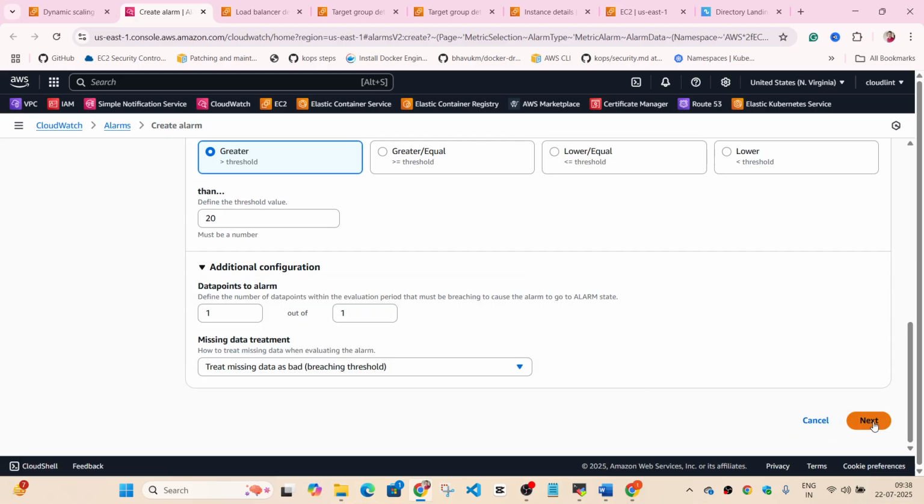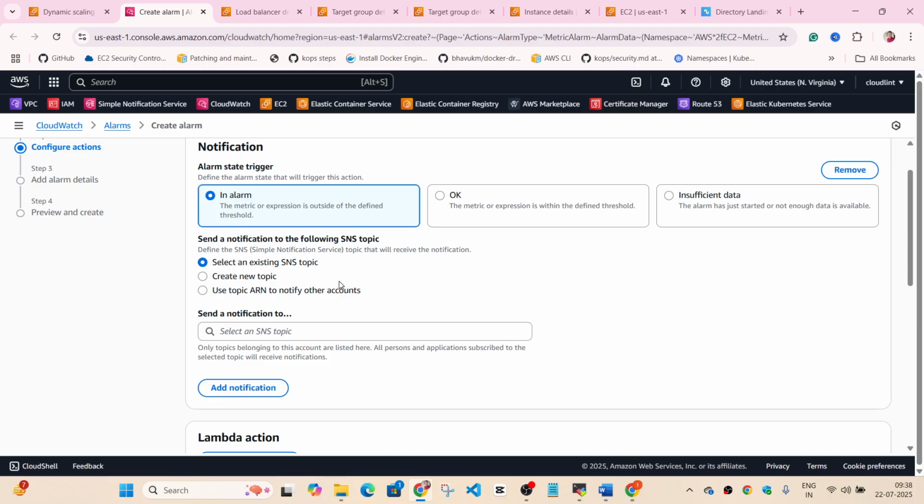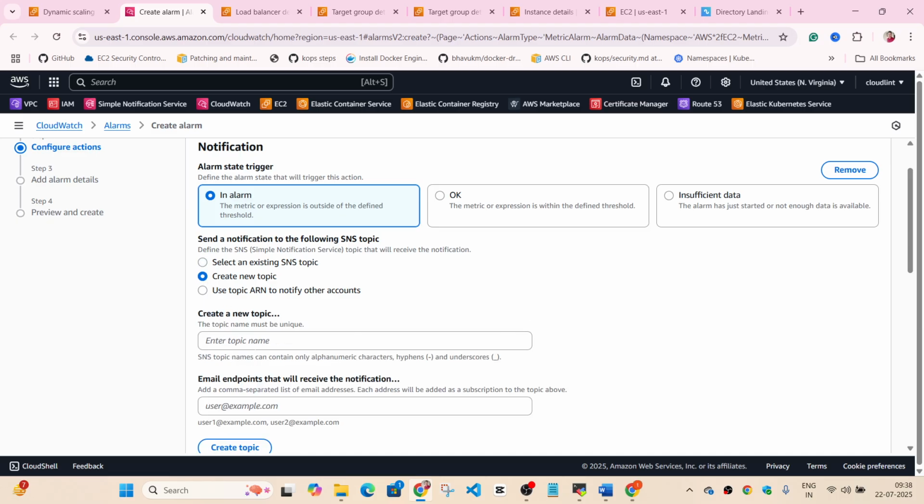Got it. Okay, so next. One more thing, I created a topic separately, so let's create another topic from this platform only. You can do so. Let's use CPU util, and just randomly I can add any numbers. CPU util 098 is going to be the name of the topic that I'm going to create right from this console.